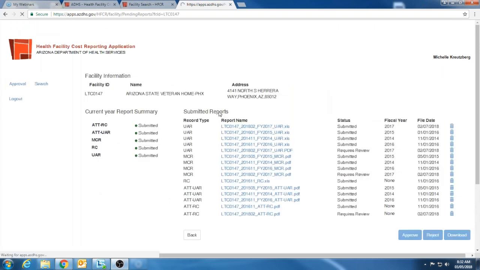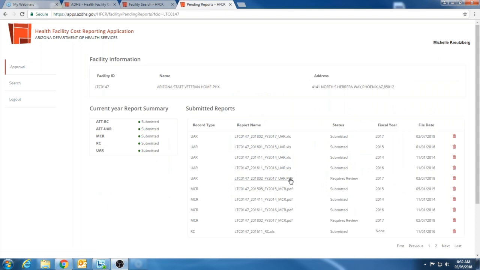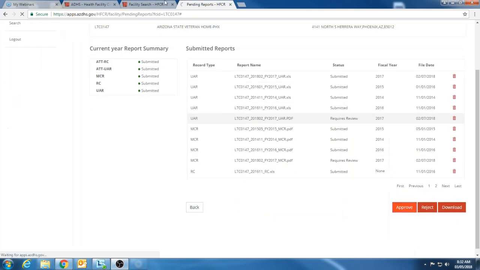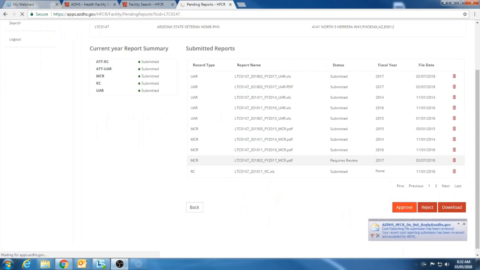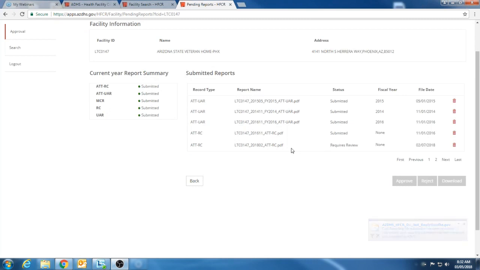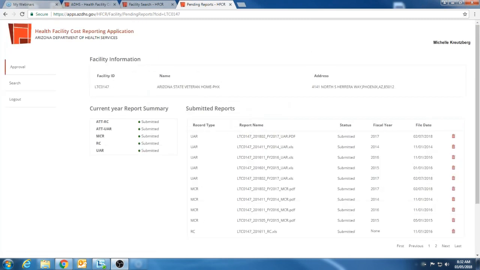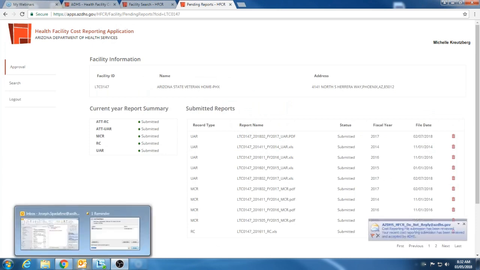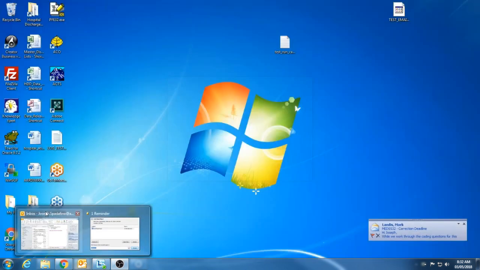Okay, so I'm going to approve, and approve. And then, so once we, on the department's end, approve your files, which require us to look over,